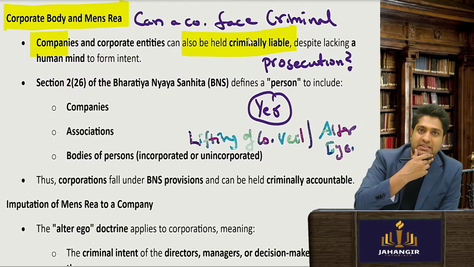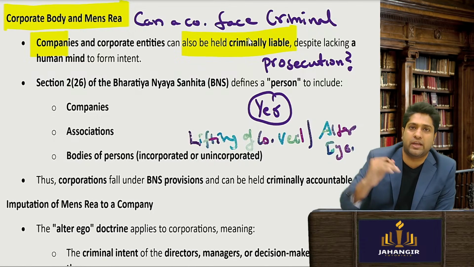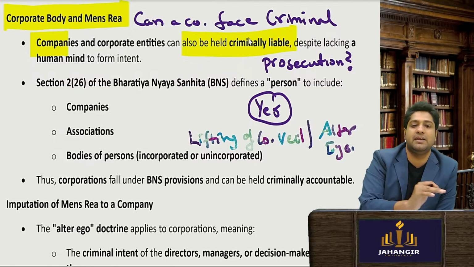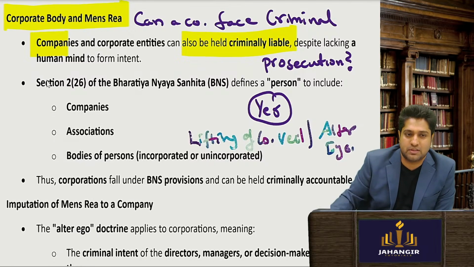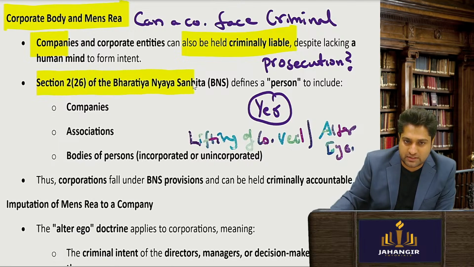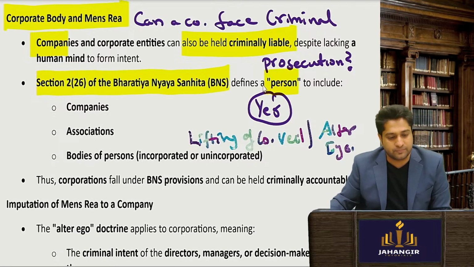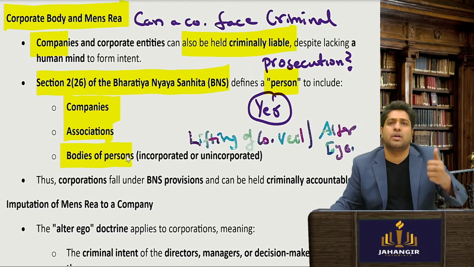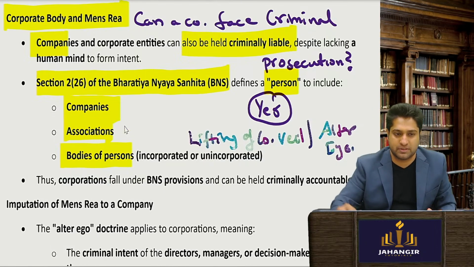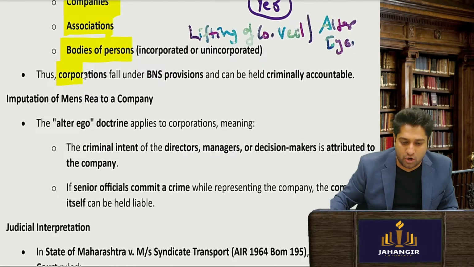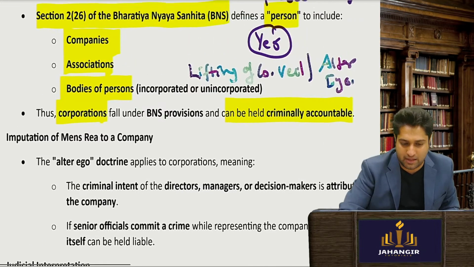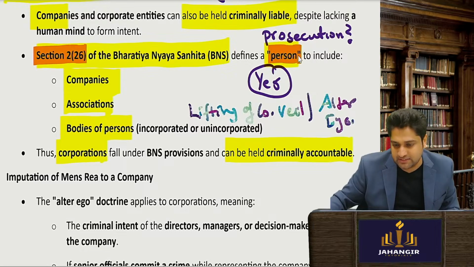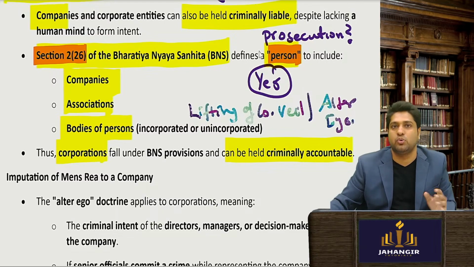Now what happened to the companies there? There is a death of an employee due to lack of safety equipment. So the director will be held responsible. Section 2 subsection 26 of the BNS Act defines a person. So what do they say? A person could mean company, association, body. So they are talking of natural as well as artificial persons. Therefore a corporation could also be criminally liable, because under section 2 subsection 26, they define the word person to include an artificial person.